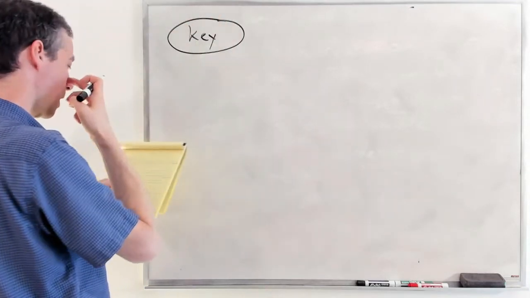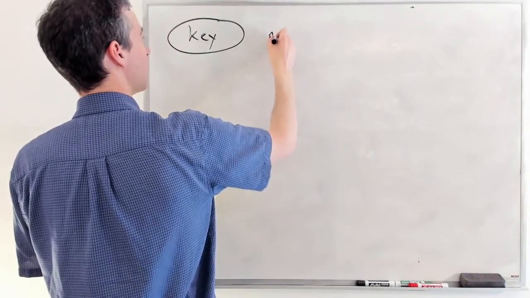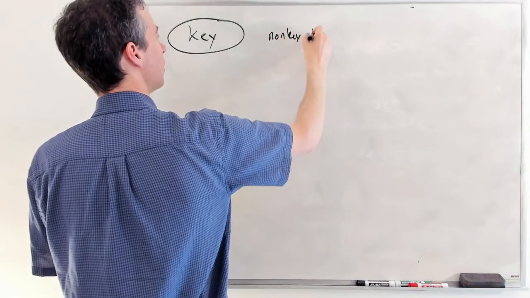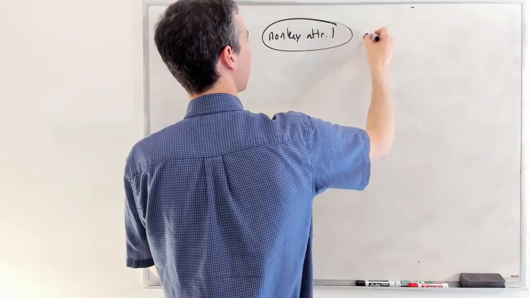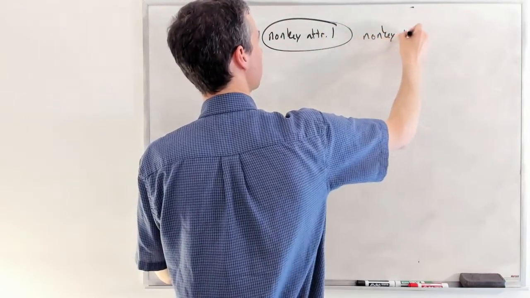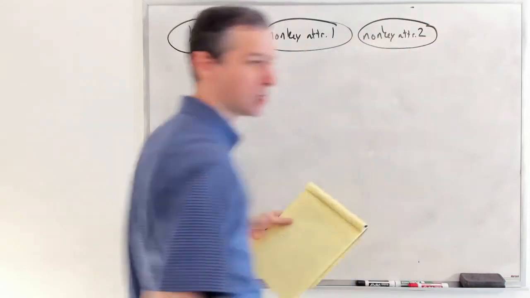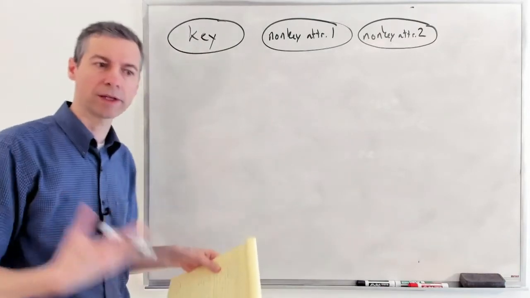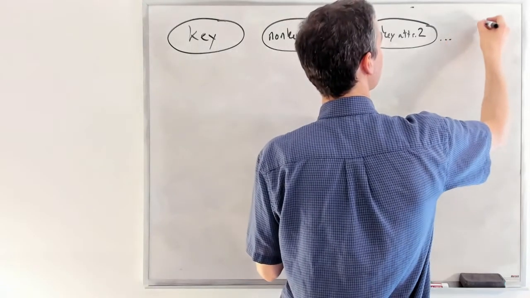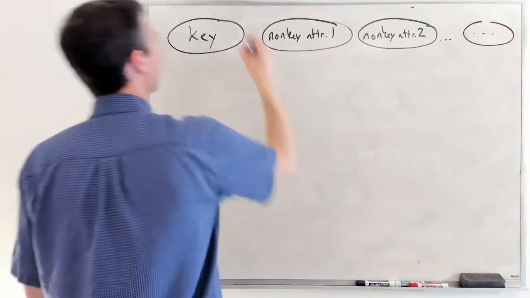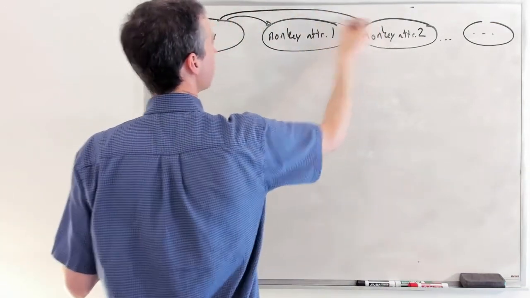And again, this is our candidate key. And then we have something that's a non-key attribute, one, and another non-key attribute. So these are attributes that on their own cannot be used as a key. They do not tell us about the row. Basically, this continues on. All right, and the key determines this one, and this one,